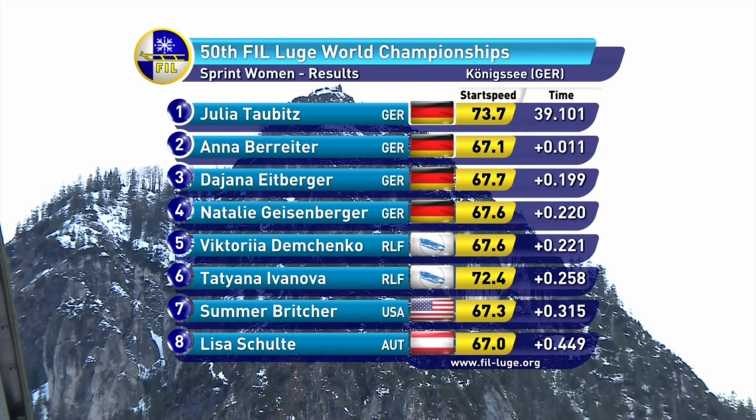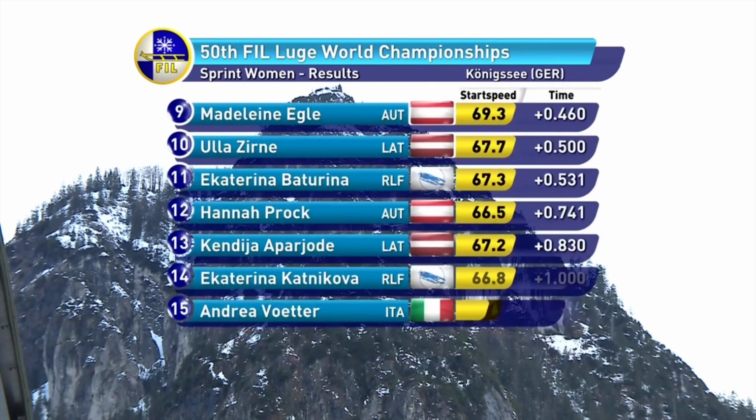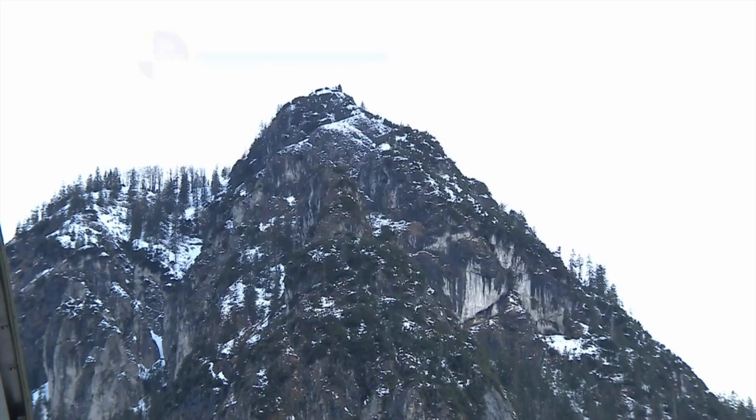Natalie Geisenberger just off of the podium. That's after finishing first or second in every race so far this year. There's a look at all of the top 15 finishers in today's competition, and